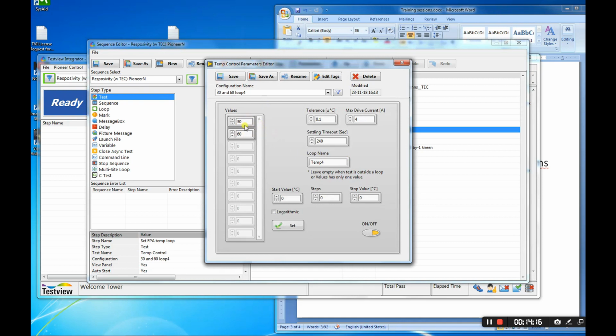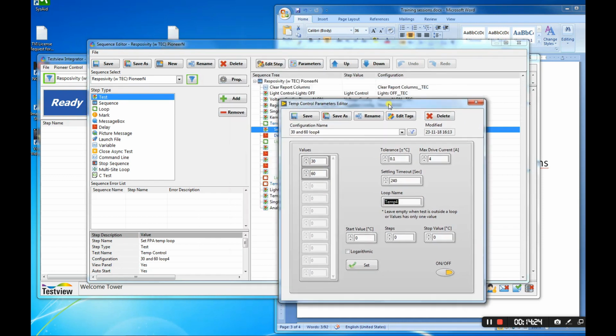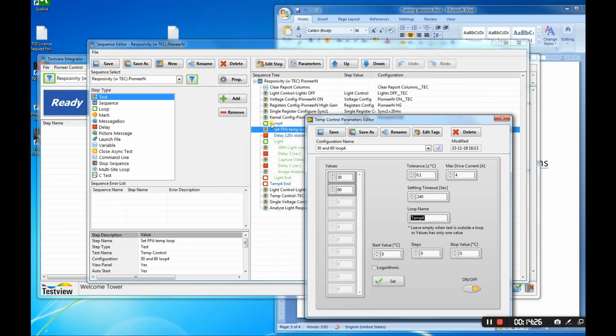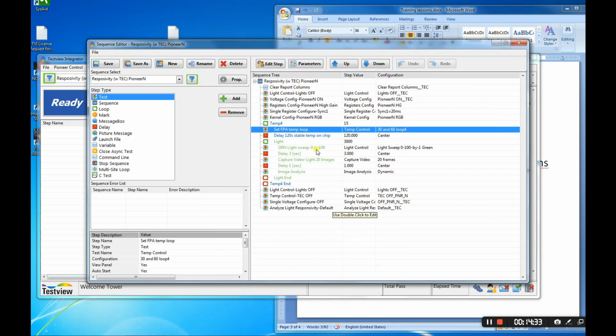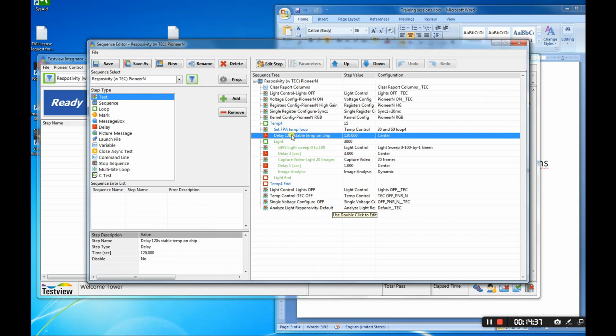A very important note in this window is that the loop name temp4 must be identical to this name here. Very important. Then I have a delay of 120 milliseconds, and I move into another loop named light.